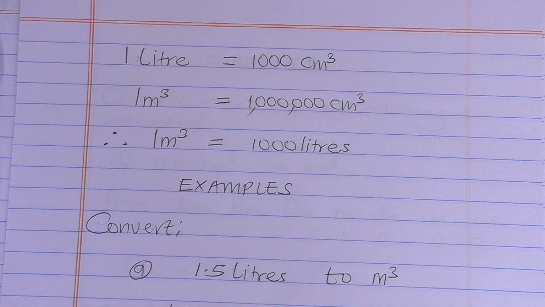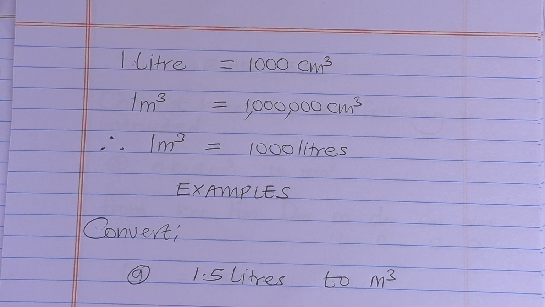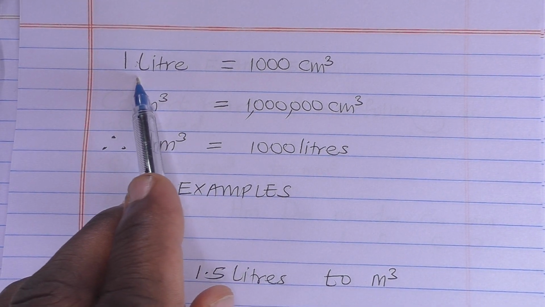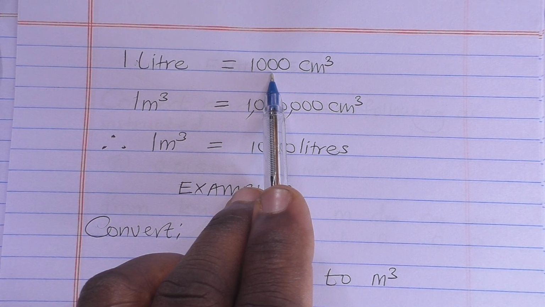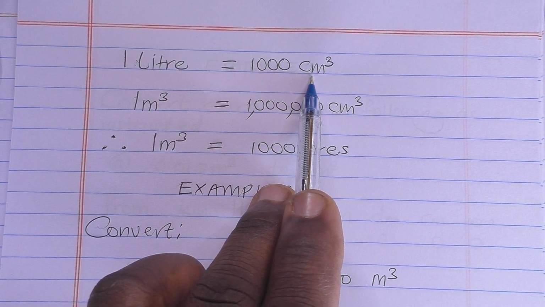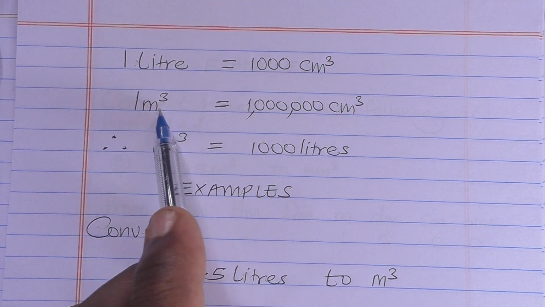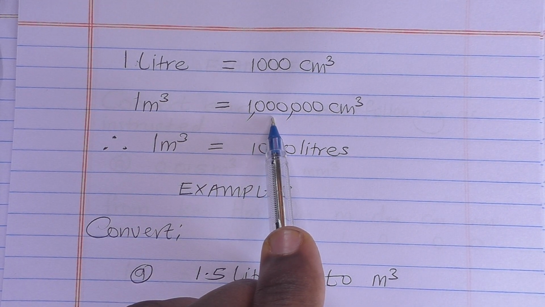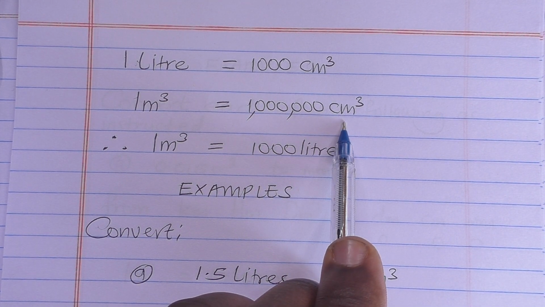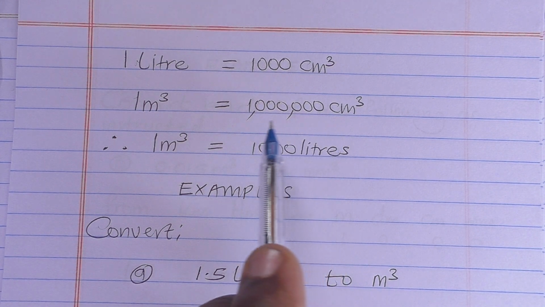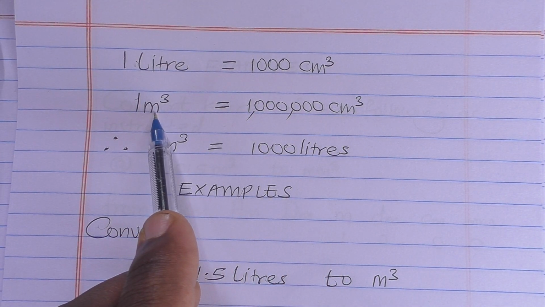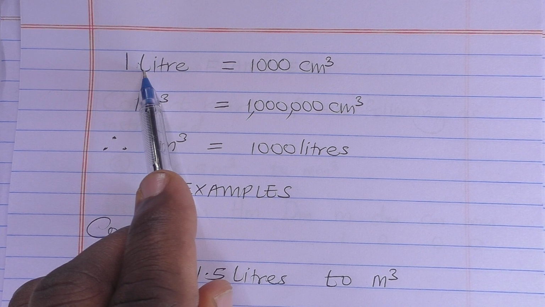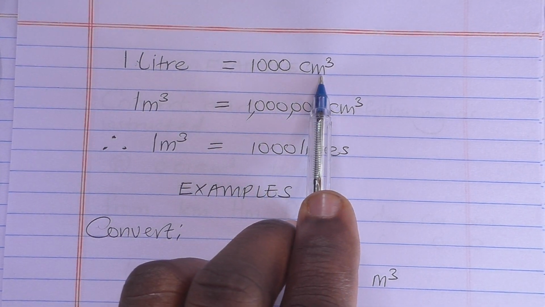So to start with is the equivalence of 1 liter in terms of cubic centimeters. 1 liter is equal to 1,000 cubic centimeters. But don't forget, we've seen that 1 cubic meter is equivalent to 1 million cubic centimeters. So since 1 cubic meter is equivalent to 1 million cubic centimeters, and also 1 liter is equivalent to 1,000 cubic centimeters, therefore,